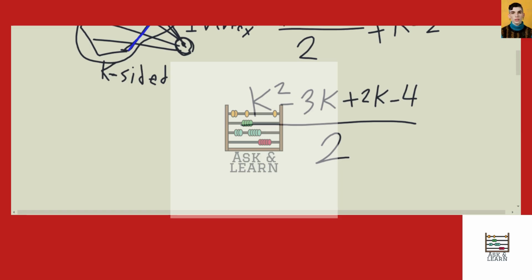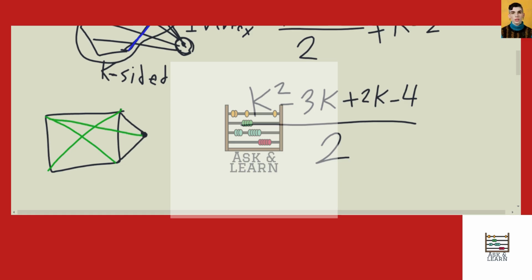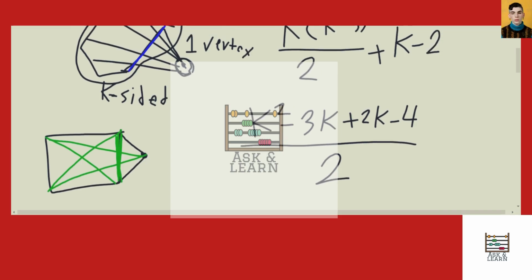Let me do it in an easier example. Imagine we have a 5-sided shape, which has 5 times 2 over 2, so 5 diagonals. If you add a new vertex, it's going to add these 2 new sides and new diagonals. Look at it, one of the old sides is now a diagonal too. So I'll have k minus 2 plus 1, which, if I use that for my formula now,